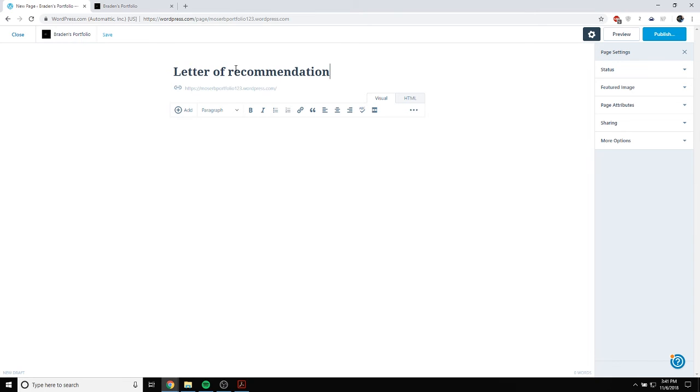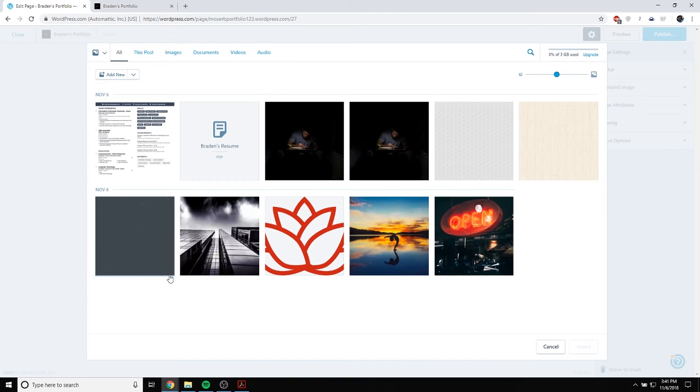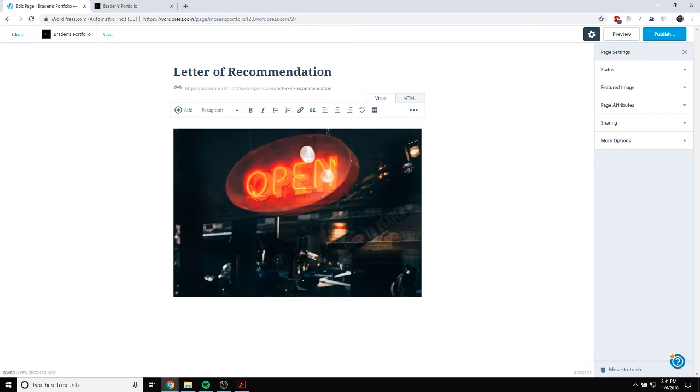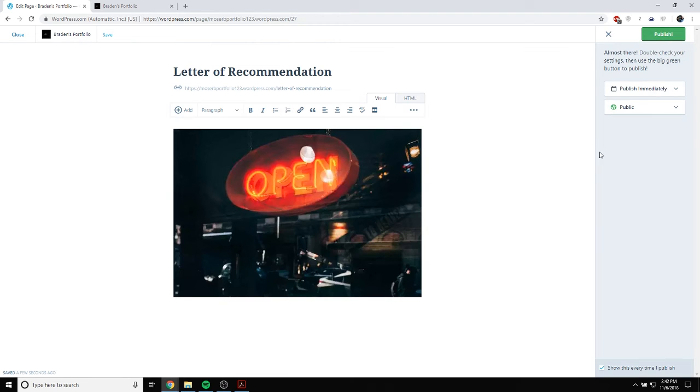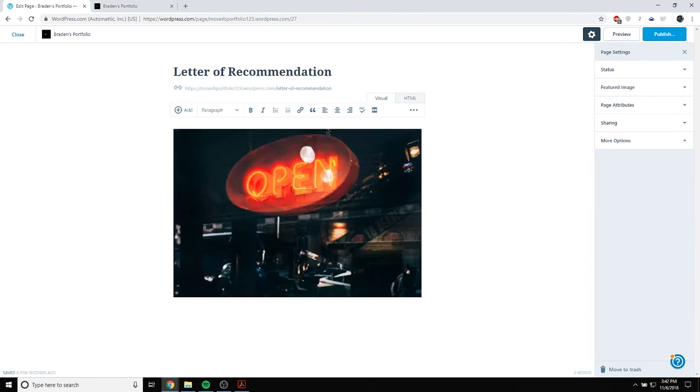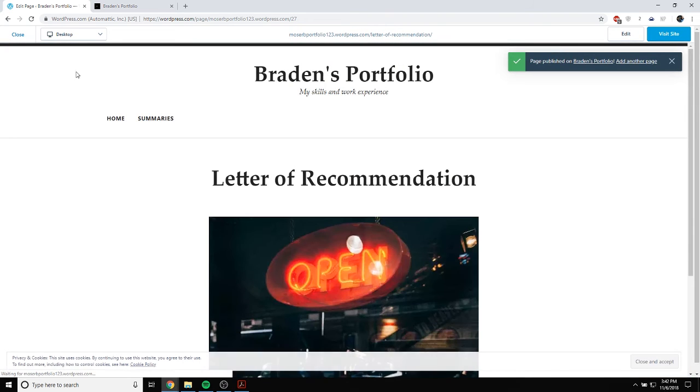There we go. And because it's a page title, you're going to want to capitalize it. And same deal. You're going to want to just take wherever your letter of recommendation is, put it on here. I'll just put this open sign just as a placeholder. Hit publish. And then I'm going to show you how to add these to the menu, because as you can